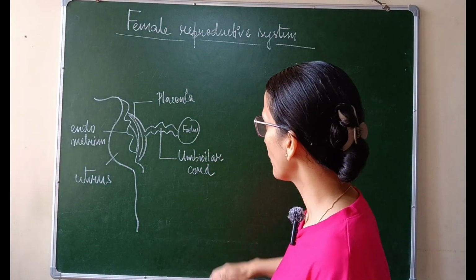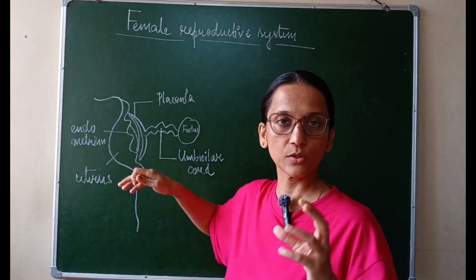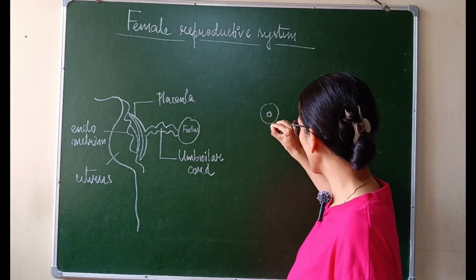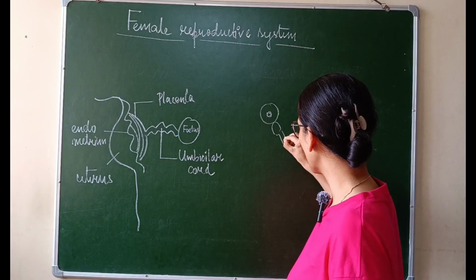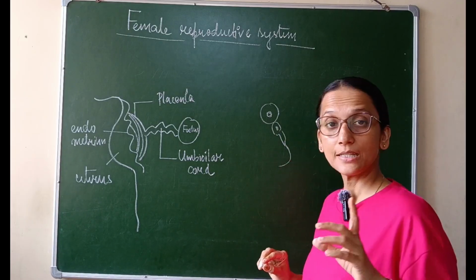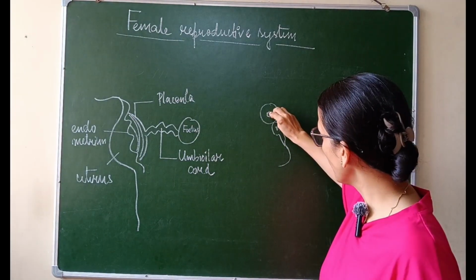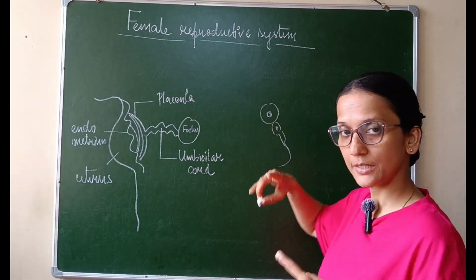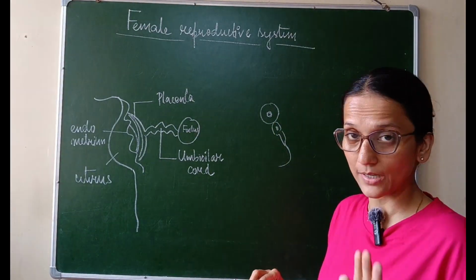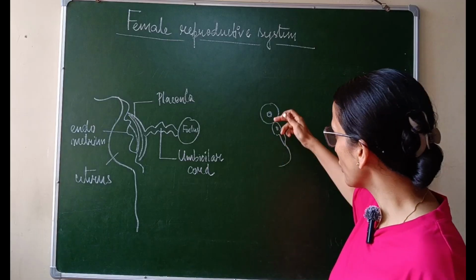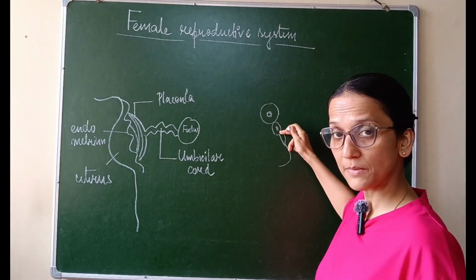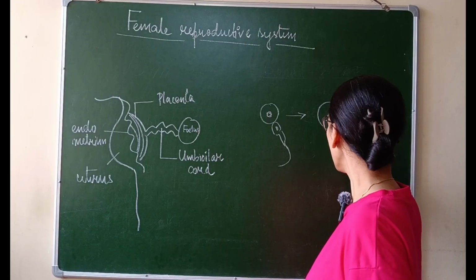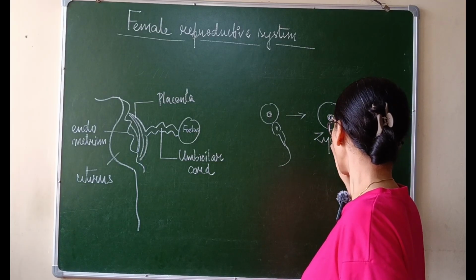See, I have already told you fallopian tube is the place where the egg waits, so if this is the egg, then this is going to be fertilized by the sperm. Fertilization means fusion of the nucleus of the egg with the nucleus of the sperm. सिर्फ बाहर अगर टच करता है egg और sperm, उसे हम fertilization नहीं कहते हैं. So जब egg का nucleus and sperm का nucleus fuse होता है, तब जो unicellular structure बनता है, उसे हम कहते हैं zygote.